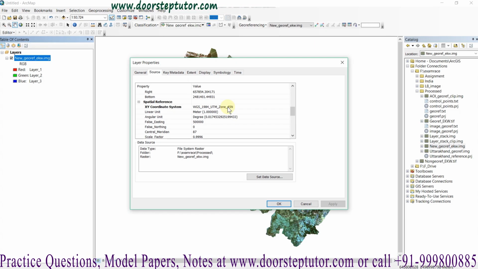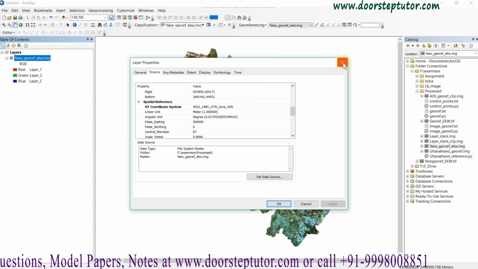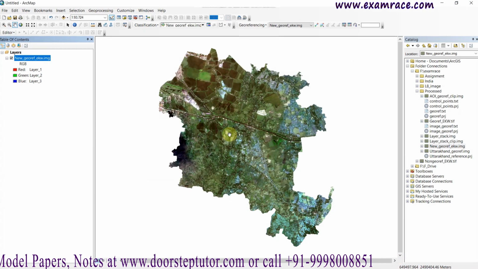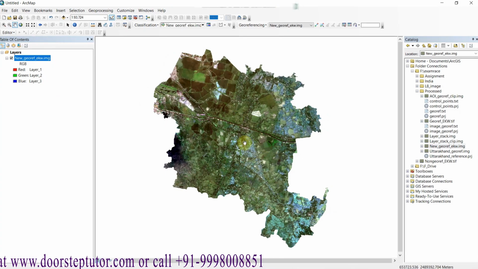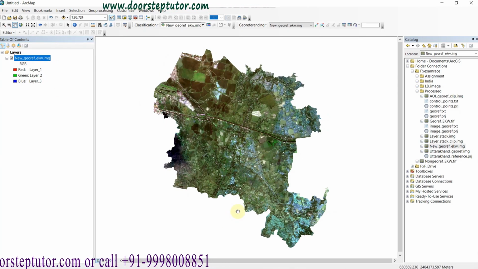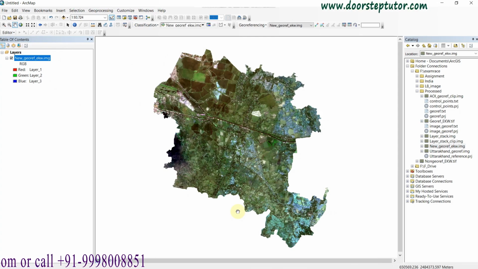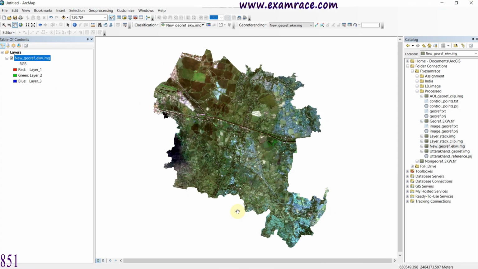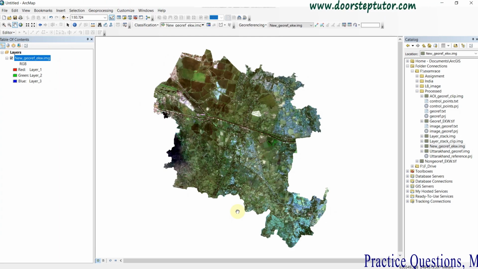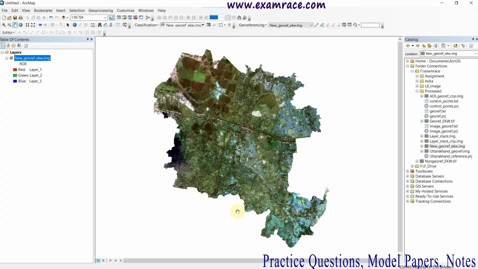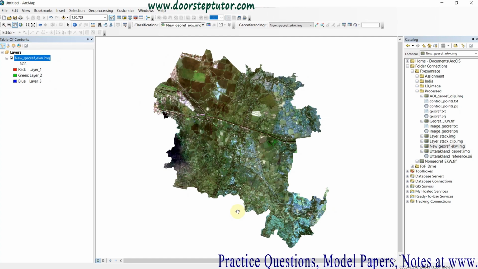Now I am going to tell you one more thing about georeferencing, that is reprojection. What is reprojection? This is an image of UTM projection system, that is a projected coordinate system. If you need to change the projected coordinate system into another coordinate system, like from UTM you need to project it on the GCS coordinate system, then how can you do it?